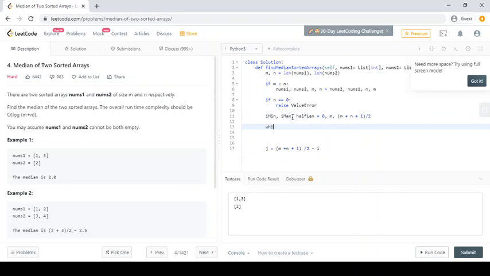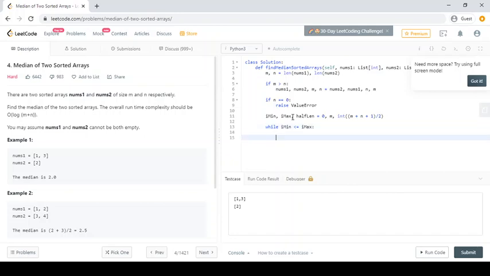Now we will loop, because the division may give float values, but we need an integer, so we calculate it with integer division. Now we'll make sure that i stays in this range.